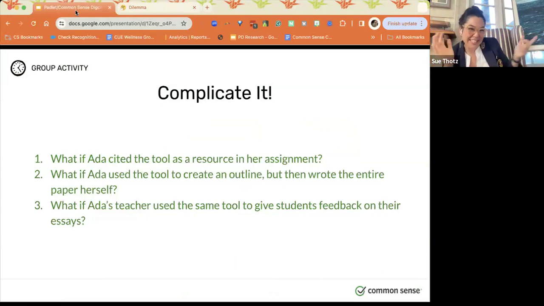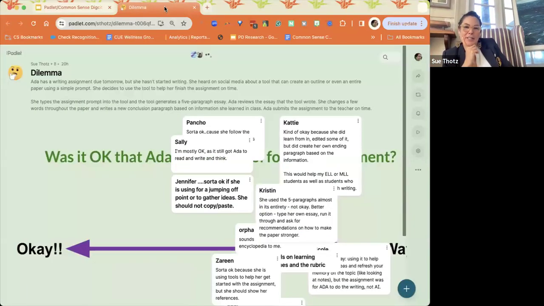Is that okay for teachers to use it? In real life, I have people adjust their position. Could we have people adjust their position on this dilemma too? So that's just another way to use this. I'm sure you could come up with other ideas as well. Is that kind of fun?